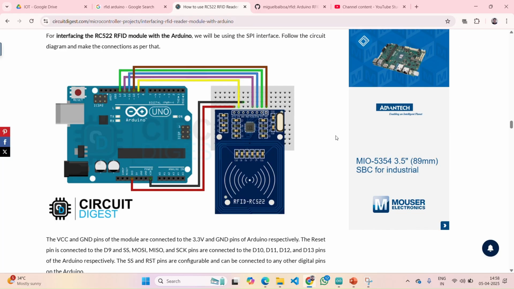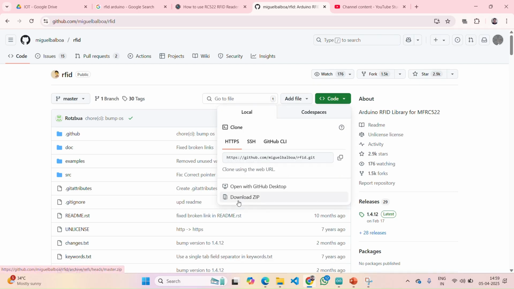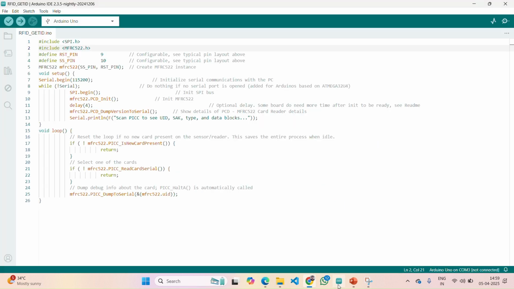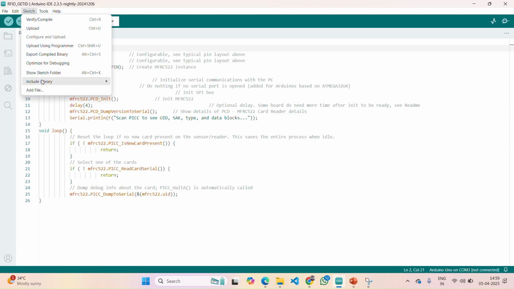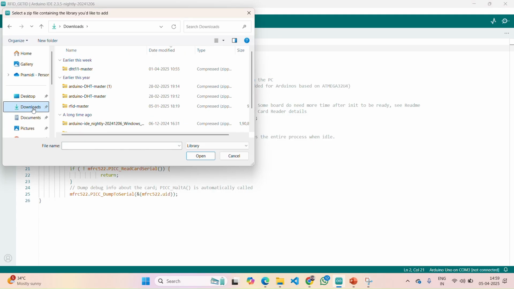Before that, you need to download one library from GitHub. I have provided this link in the description of the video. Here you need to click on code, and click download zip. Once it is downloaded, go to Arduino IDE, and from Sketch, click on include library, click on add zip library, go to downloads, and from here